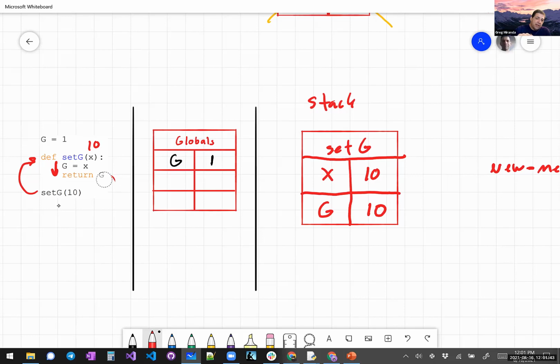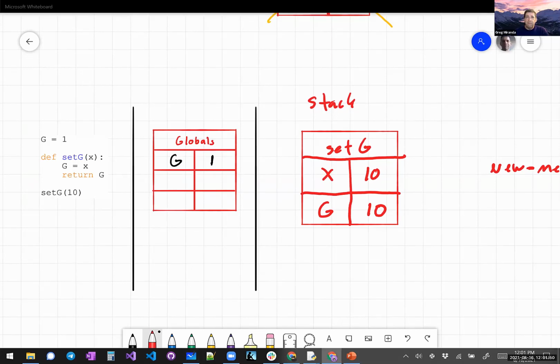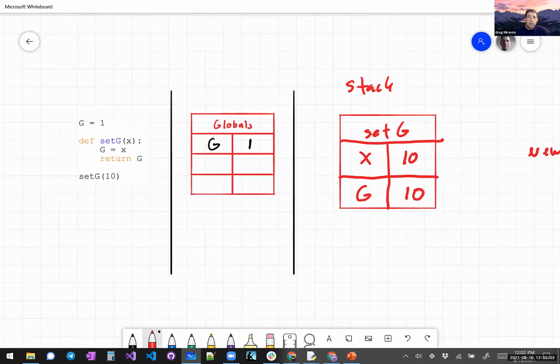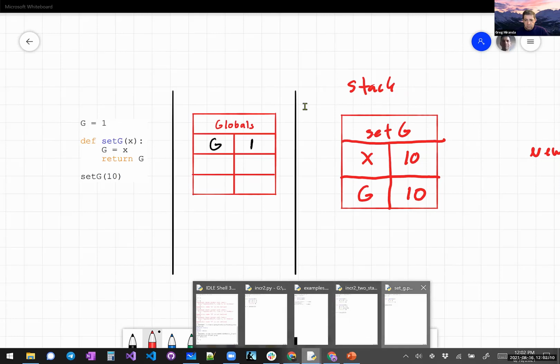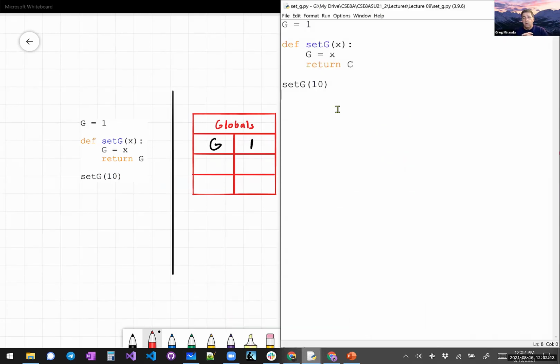So that's a bit of a tricky thing right there. And there are other ways of doing this, right? There are some tricks we can do. But there's only one way to modify a global. Now, one of the things you can do is this: we know we can modify a list inside of a function, right? So instead of making g an integer,